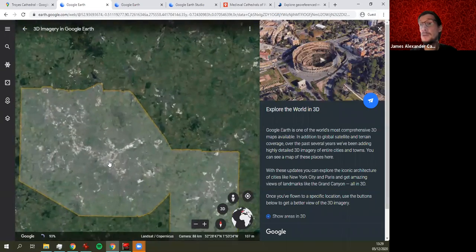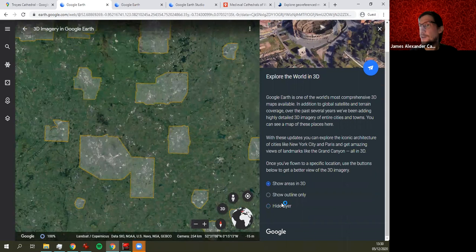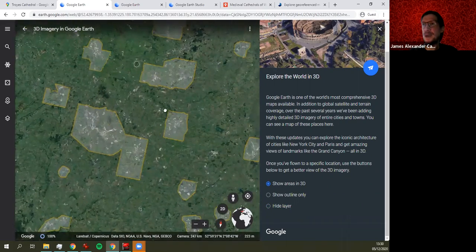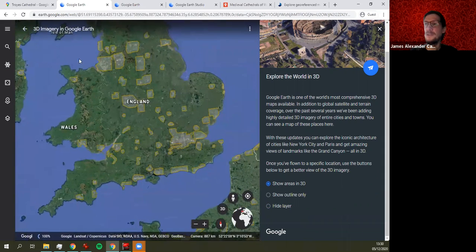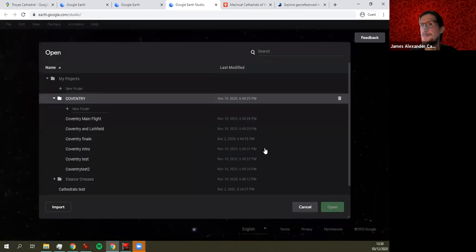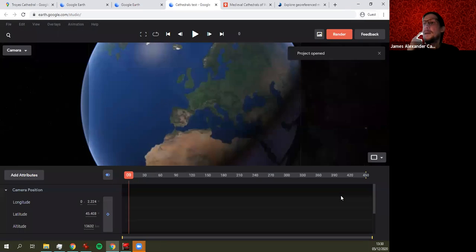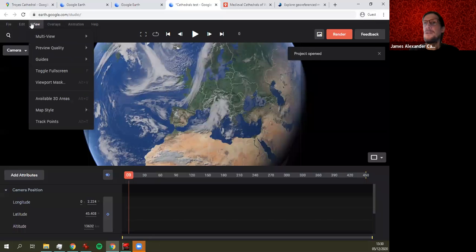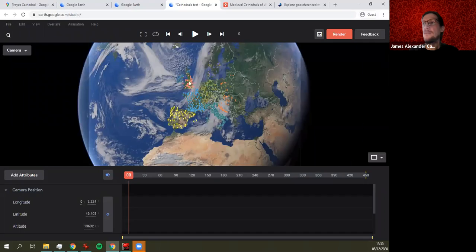The only problem is, and it is annoying, that you can't have your own maps up on top of this. So a point map showing all the buildings that you're interested in, and put this over the top, unless, and this is the annoying thing, having to skip between these, but it is worth just showing you, except it does work in Google Earth Studio. And this is at least, I think,